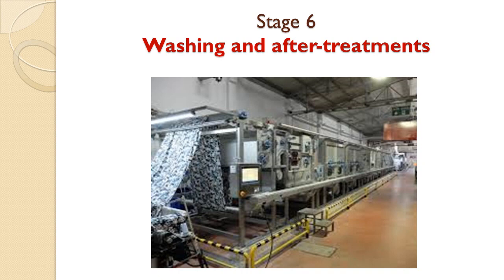The last stage in case of printing of fabric is washing and after treatments. So a washing range will be there in case of industry. Several compartments will be there in case of washing. Series of hot washes, cold washes, soaping will be there. So here one type of machine has been shown to you which is long enough. There are several compartments shown here, and at last the fabric comes out in the wet form that can be dried later on the stenter.